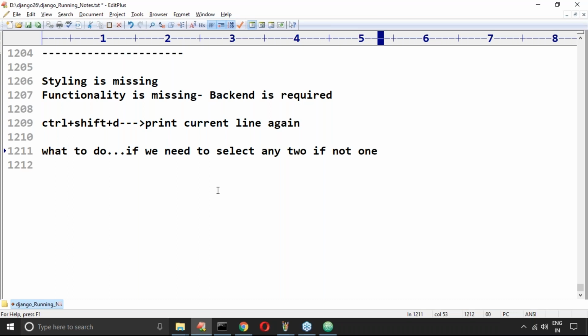Krishna Reddy, what is your requirement? Exactly two? Then you require to write a JavaScript function to check how many values got selected. If you have not selected exactly two, it will immediately raise an alert message saying please select exactly two options. We require to add that functionality by using JavaScript.